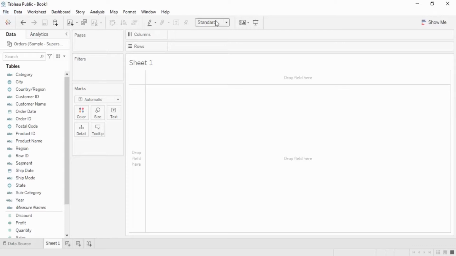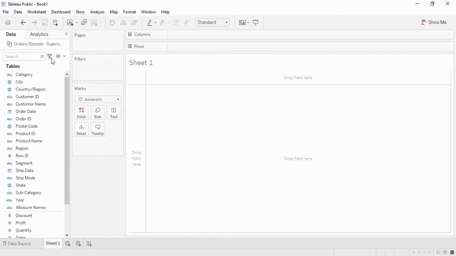And this is the toolbar. Some of the handy tools are available to us for usage. Here is this tab which is really useful, the data tab, which gives us the information about the table and the data source from where that table has been taken, like the orders table from the sample superstore data.